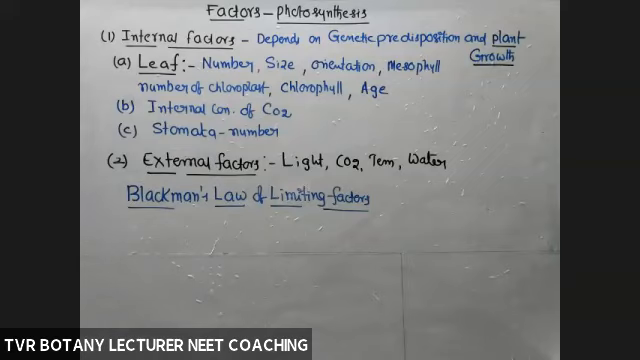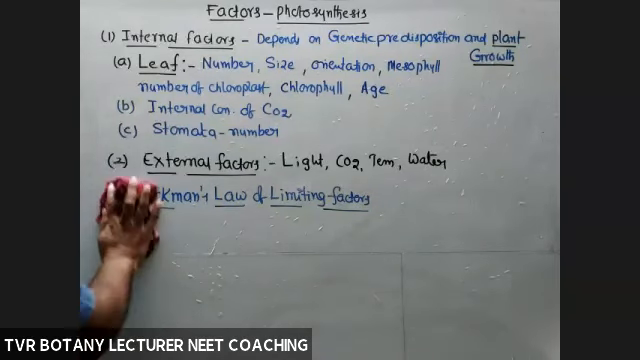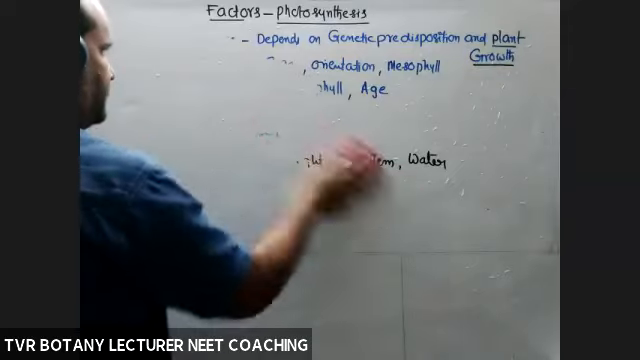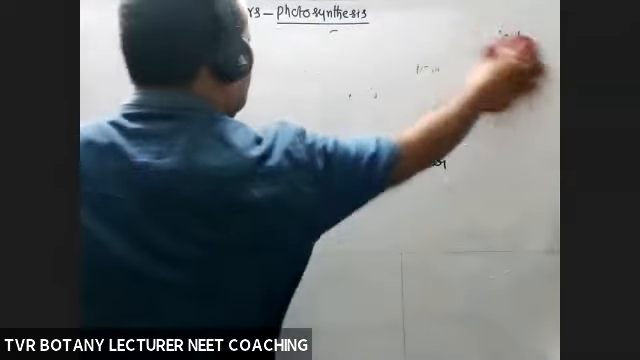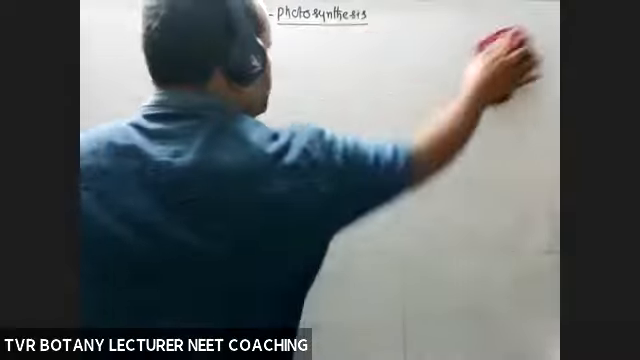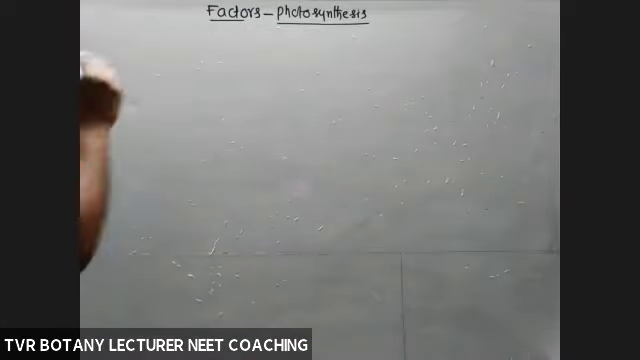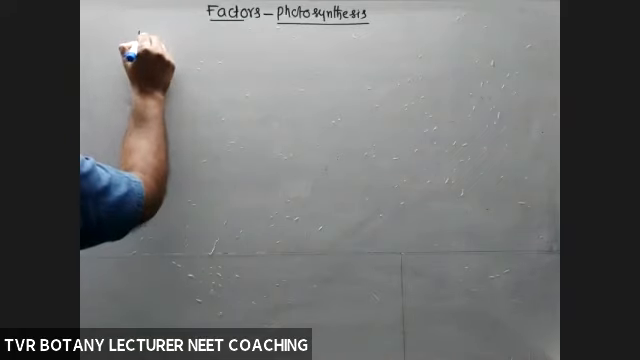So to understand the law of limiting factors, in our textbook one graph was given. What is that? Blackman's law of limiting factors. So according to Blackman's law of limiting factors,